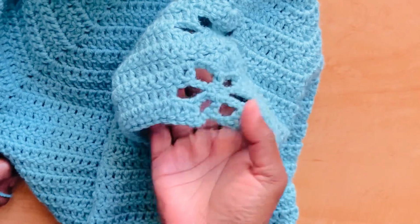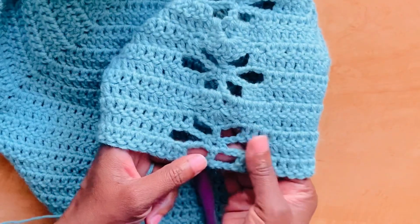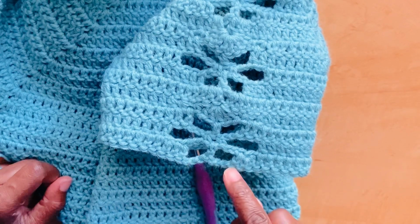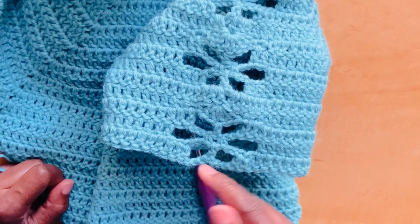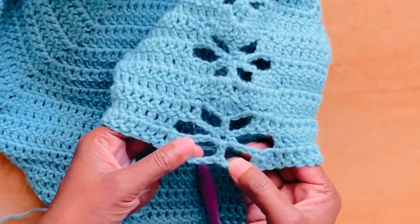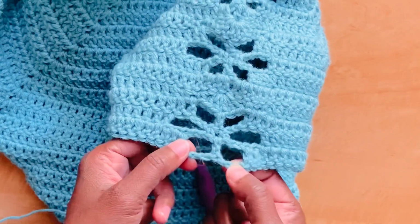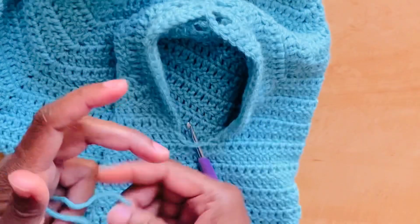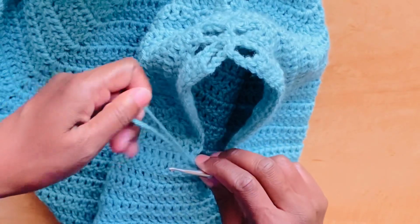Now for the sleeve. Before moving on to the sleeve, you need to have a look at the yoke and see where along the flower pattern you've stopped for the yoke, and you continue with the sleeve from that round with regard to the flower pattern. So as you see here, my next round will be the 2 double crochets into that chain 3 spaces. So what I'm going to do here is attach yarn to the underarm of the armhole, and then it's chain